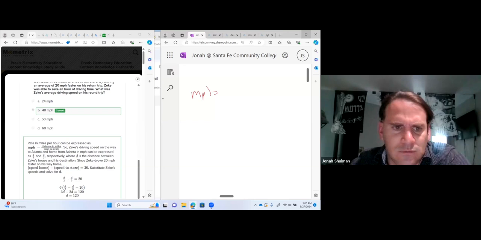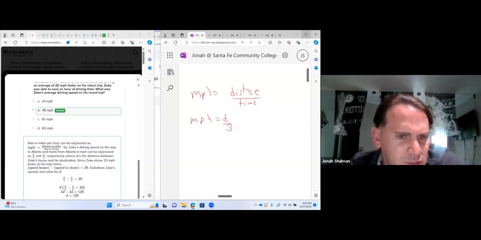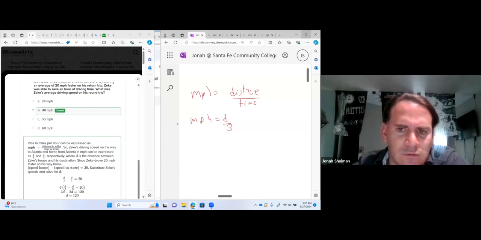Is the distance over the time. So it's 1/3 and 1/2. Okay, that's fine. So that's the first distance over 3 and distance over 2. Oh, that's so interesting. So it's the speed home minus the speed there is 20. That's where the difference comes from. Okay, so D2 minus D3 is 20.